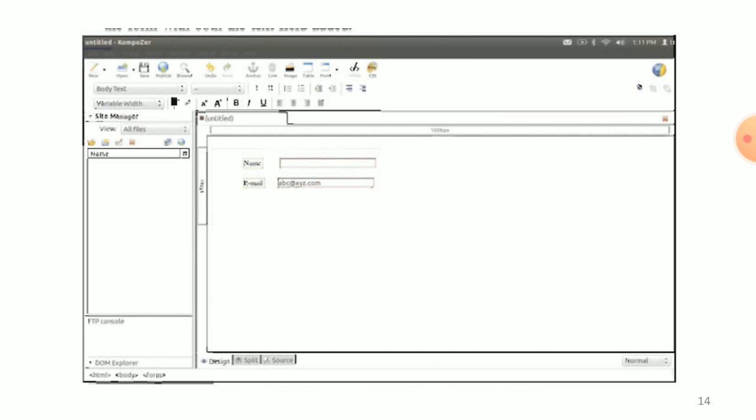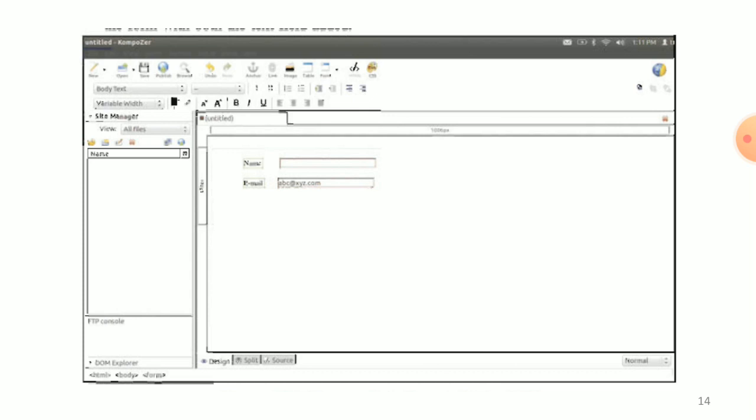Similarly, we will add another label, email, and below the email label add an input text field for email, just like we did for the name field.